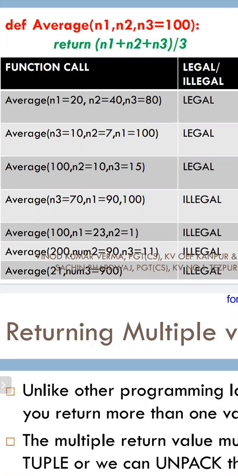I'm not talking about the general function, man. Here it is a function name. One of the boys said average is the function name, and n1, n2, n3, these are all called what? Default argument. It is called an argument. This is called actual arguments or actual parameters. This is not the function header.